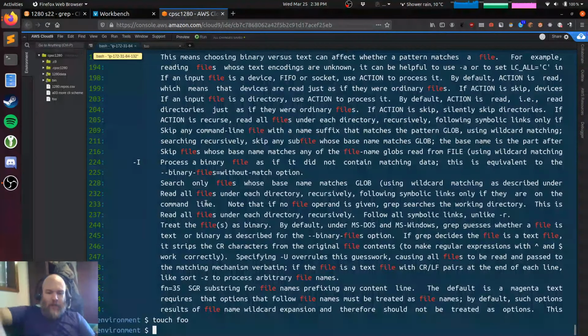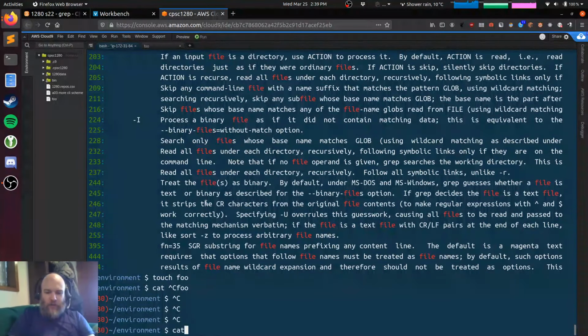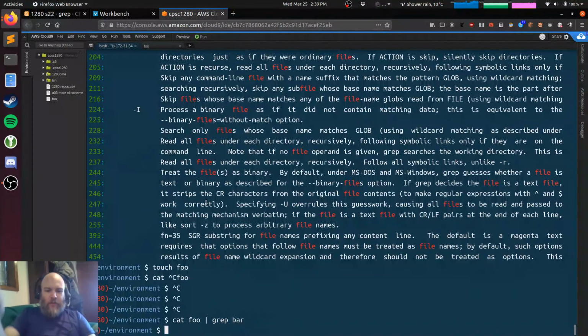And then I'll cat foo. Okay, I don't know what's going on, so I'm going to Control C. We'll cat foo into a grep, and let's look for the substring bar. And bar is not in there. Okay, but you'll notice that grep's exit status was a 1. So grep will exit with status